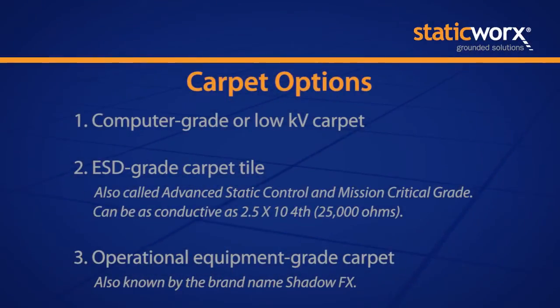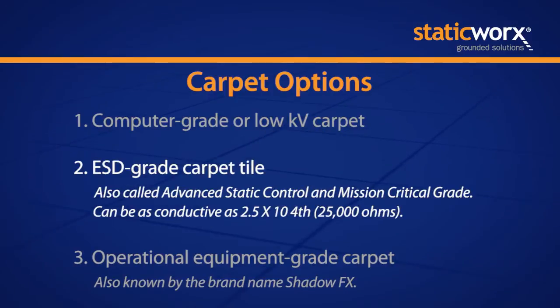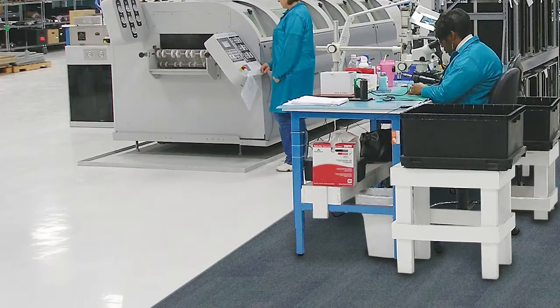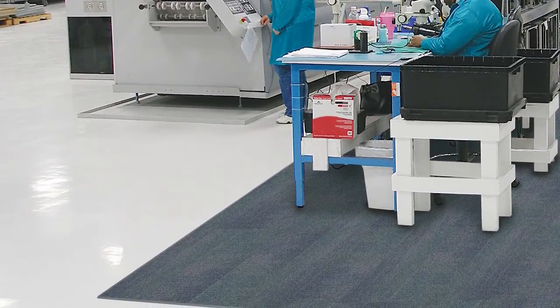The second type of carpet that has been put into use for probably the last 20 years is called ESD-grade carpet. And this is the type of carpet, usually comes in the form of a tile, that you would find in a manufacturing operation. You would find it in a place where they're handling semiconductors, where they're repairing computer parts. Generally speaking, people wear special footwear, and the people are tested for the conductive properties of their footwear before they walk on the carpet.